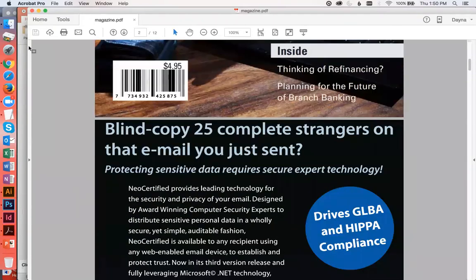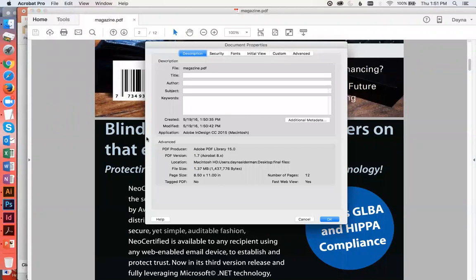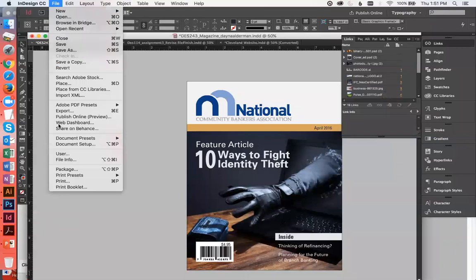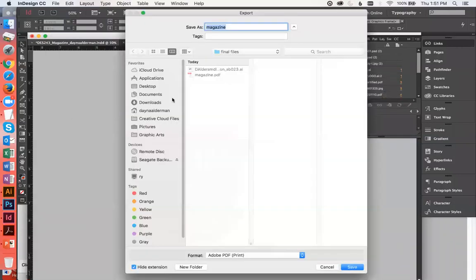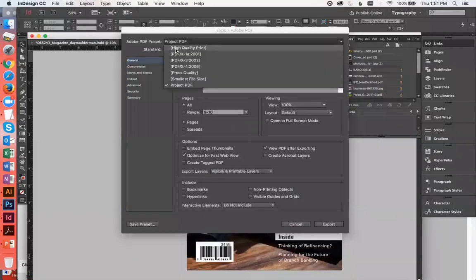I'm going to go to File, and I'm going to go to my Properties. I'm going to take a look at this. Right now, my file size is 1.37. Let's take a look at what it would be if I just saved it as a regular PDF. I'm going to go to File and Export, but this time I'll just name this Magazine 2, just so you guys can get an idea. And save. I'm going to do just regular,